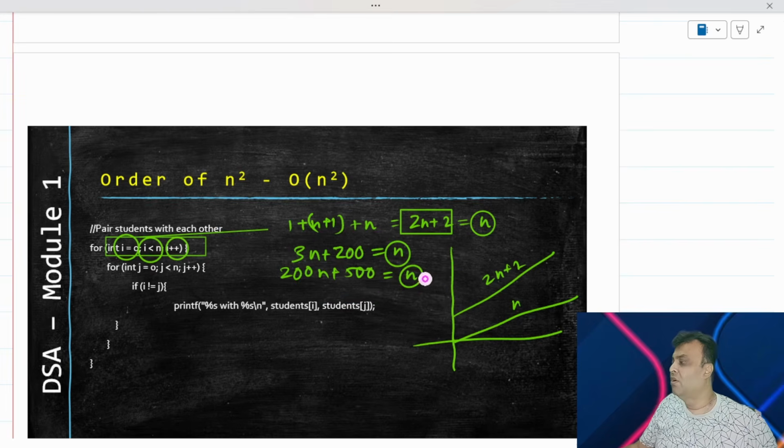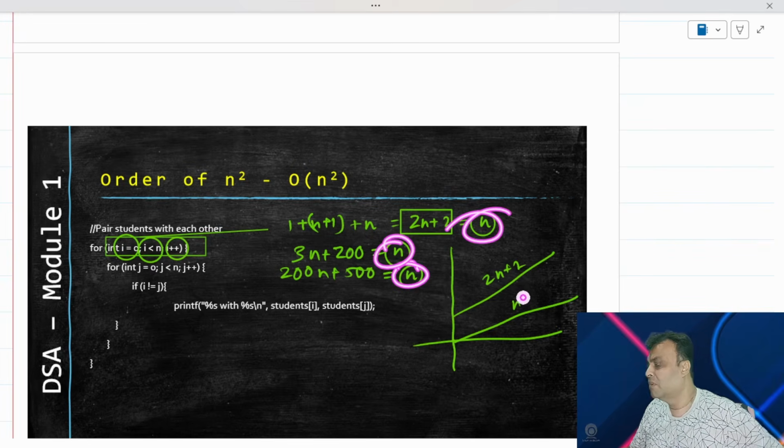Hence, can I say that all of these depend just on n, right? We will say that the more n increases, the more the time complexity will increase. And hence we are not bothered about the magnitude in which it increases, the steepness, the slope in which it increases. We are just worried about the behavior of the increase. Is it going to increase in a linear fashion? If so, it is going to be order of n. Everything will become order of n.